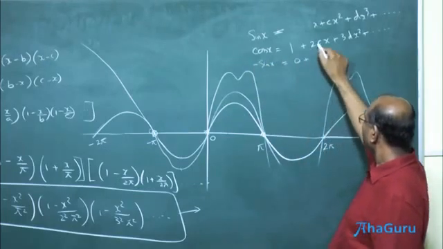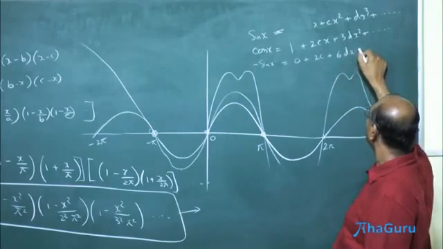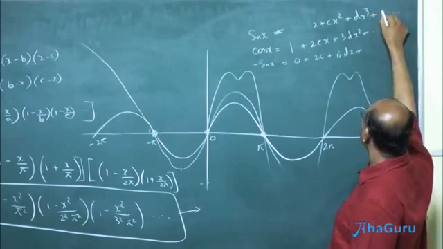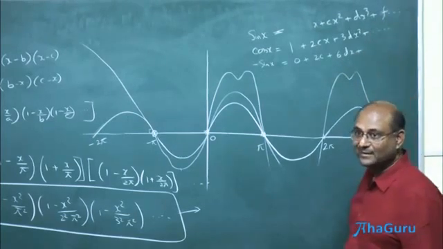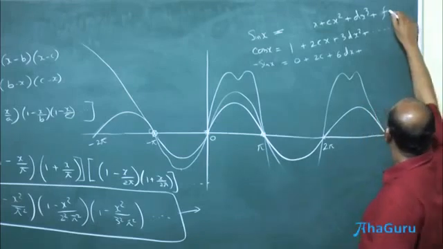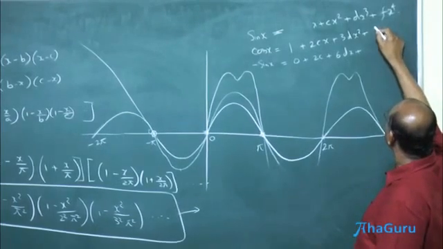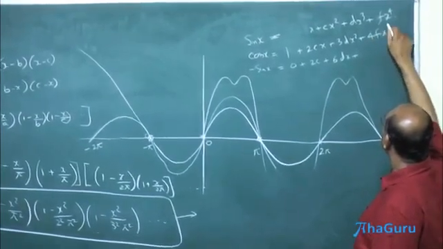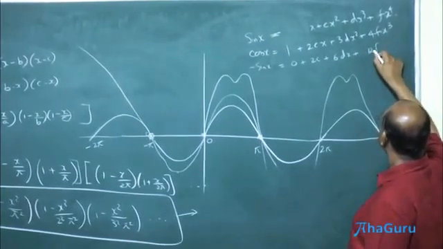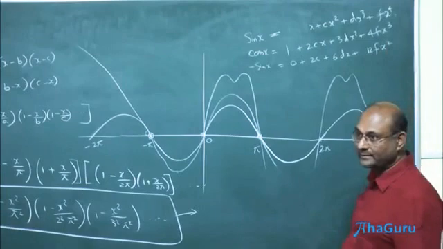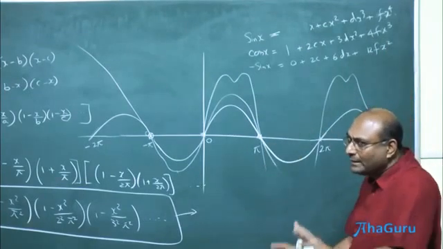0 plus 2c plus 6dx plus, well, if I wanted to call this E, well, let's not use E, let's call it F. E is for Euler's number. So this basically becomes 4fx power 3, and when I differentiate it here, it's going to become 12fx square. Correct? Now at this point, put x is 0. I'm only counting values at 0.